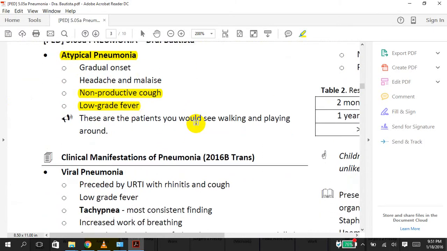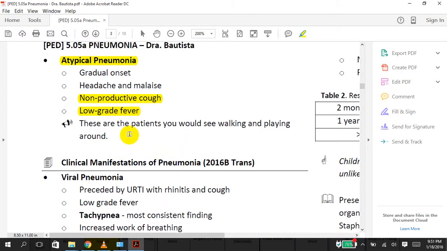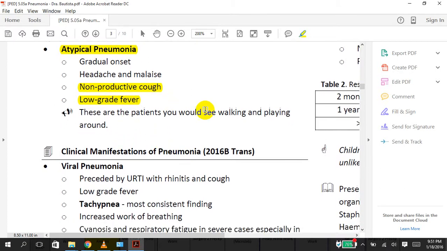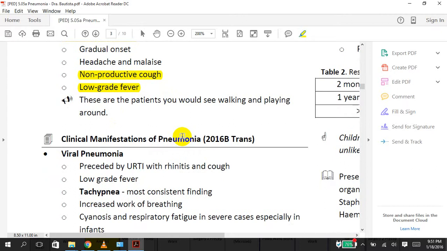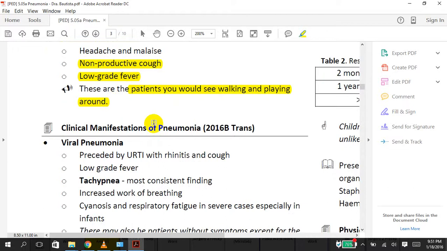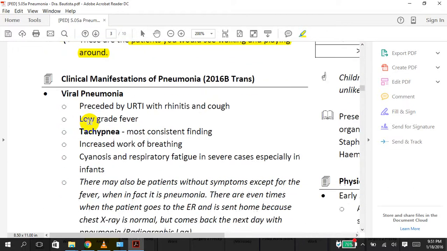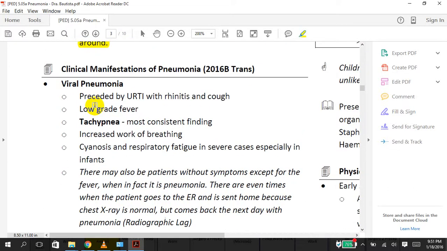That's why it's also called walking pneumonia, because even if the radiograph imaging of the lungs of this patient is actually the one that you worry about, you will still see them walking around, playing around, and they do not look like they are sick. As for the clinical manifestations of viral pneumonia, usually it is preceded by an upper respiratory